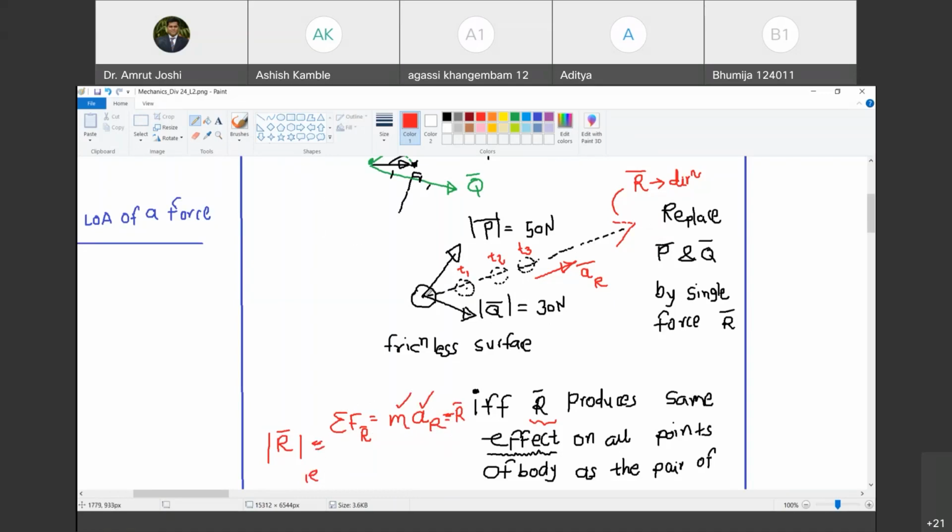Can I plot this magnitude of R bar to the chosen scale on this line? Yes. Let us say when I plot the magnitude of R bar on this line by the chosen scale, this is the point that I get. Happy? Yes, sir. And now, if you join this point with the tips of P and Q bar, to your surprise, that turns out to be a parallelogram. Are you with me? Yes, sir.